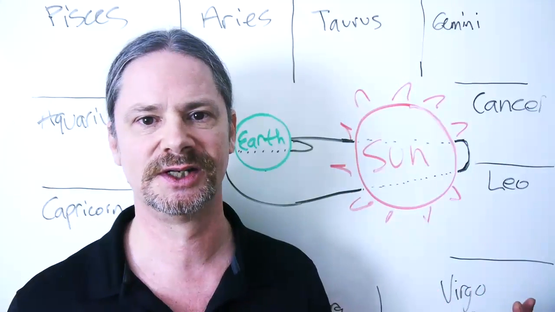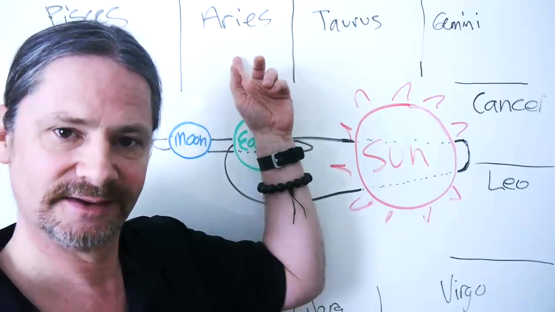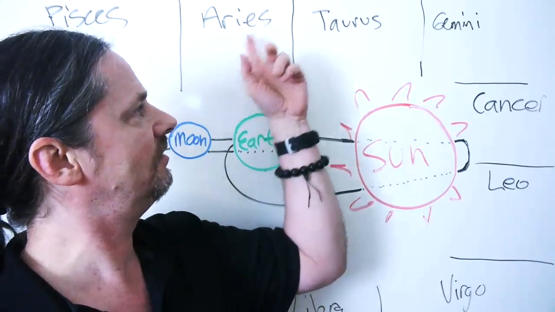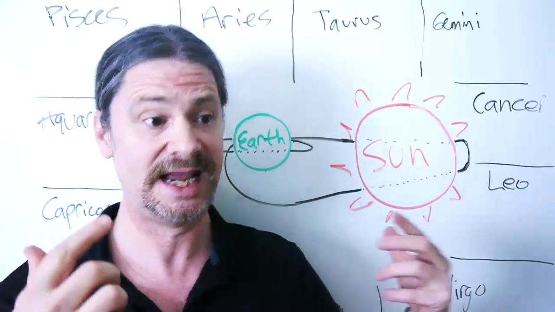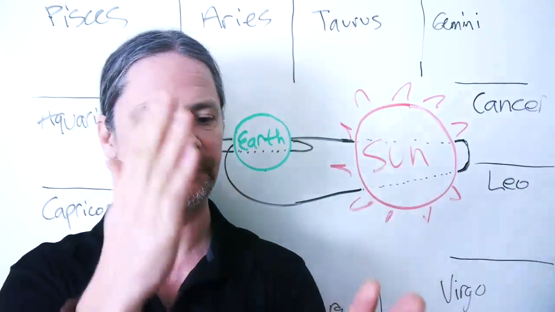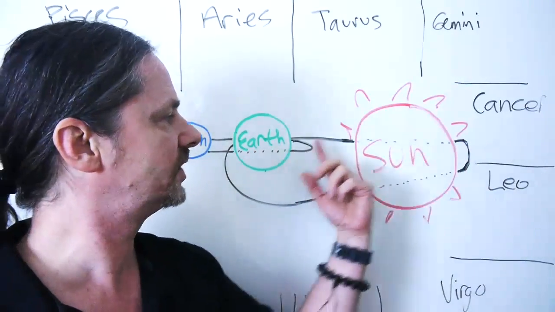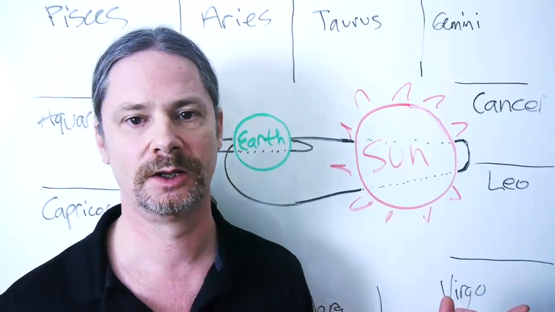Why 12 signs, when we have 27 nakshatras? Where did 12 signs come from? Well, because they were using the nakshatra zodiac, and then from there, they understood that a year, or one time around this wheel, must be carved up 12 ways, because we have 12 lunar cycles within one completion of the sun around the Earth.